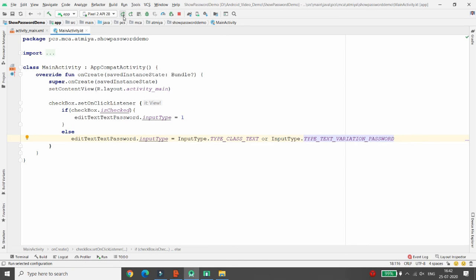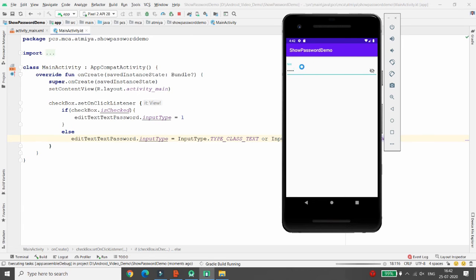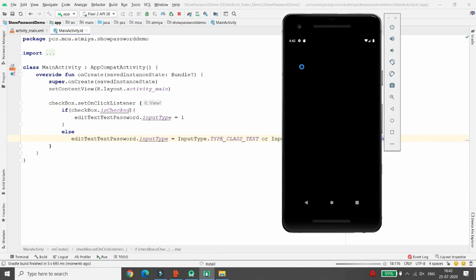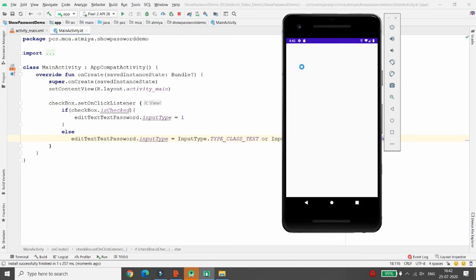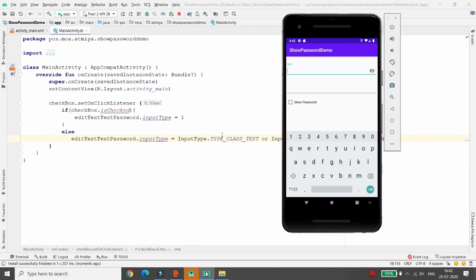Now you can execute and run your application and test that I implemented the two types of show password and hide password facility. One is using the material design. Suppose if I write here, for example, Parag, and whenever you click on show password, it will be visible. Now here, you can see that I'm writing the password, that is Shukla. And whenever you click on show password, it should be visible. Whenever I deselect that checkbox, it will be invisible.